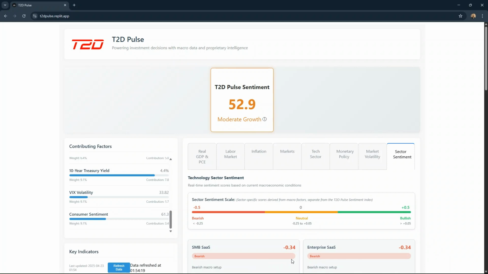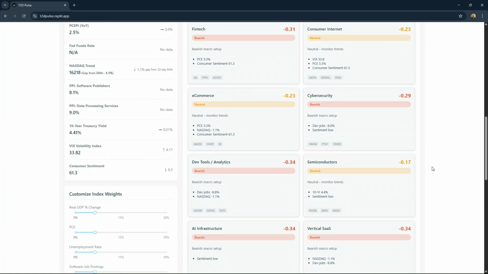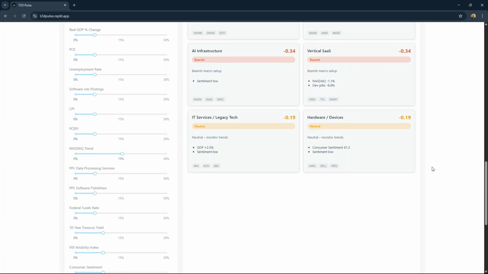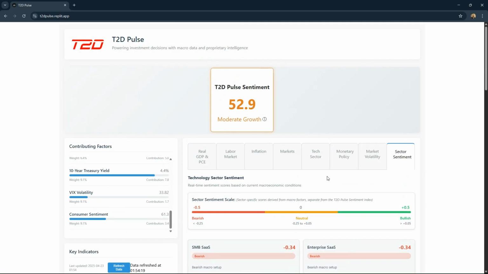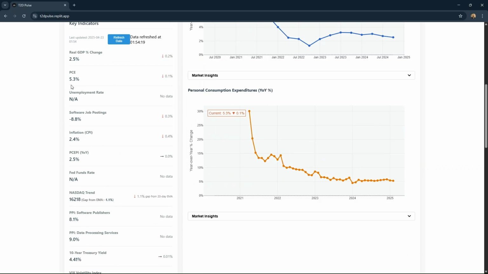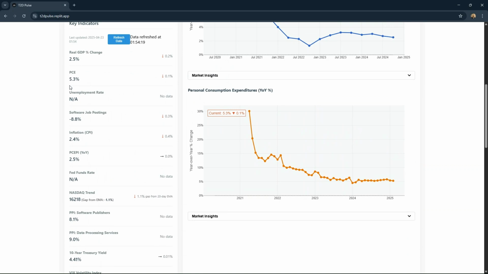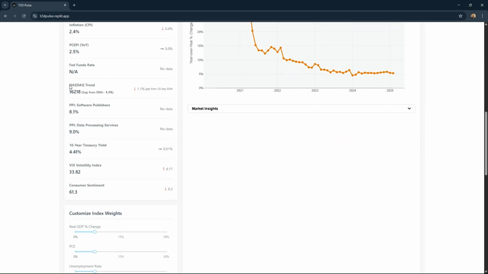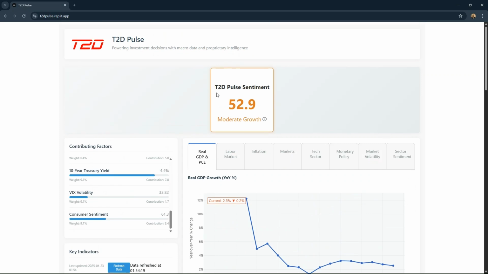We are excited to announce that our sector sentiment analysis is live. So we have 14 different technology sectors here that we've pulled into the tool. They are built off of the 13 macro indicators that you see here on the left. These are the same indicators that I've talked about in the past that drive our high-level Tech Today